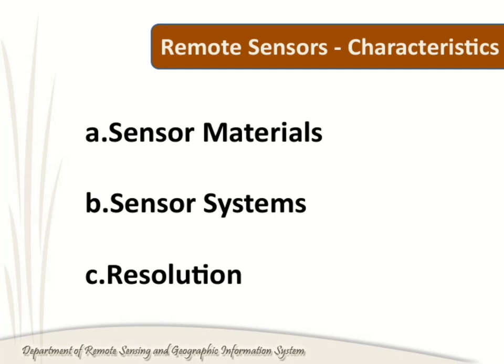Let's now turn our attention to sensor materials, which are fundamental to the performance of any sensor system. The choice of materials directly impacts sensitivity, durability, and overall effectiveness. Moving on, we have sensor systems themselves. These are the complete setups that include sensors, signal processing units, and communication modules working together to collect and interpret